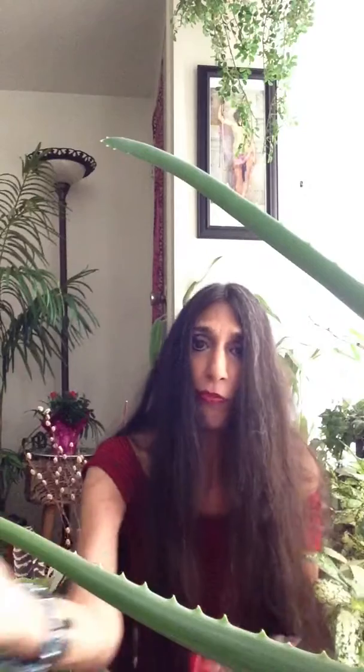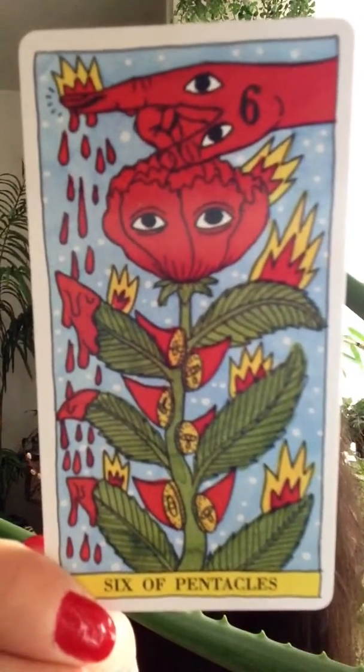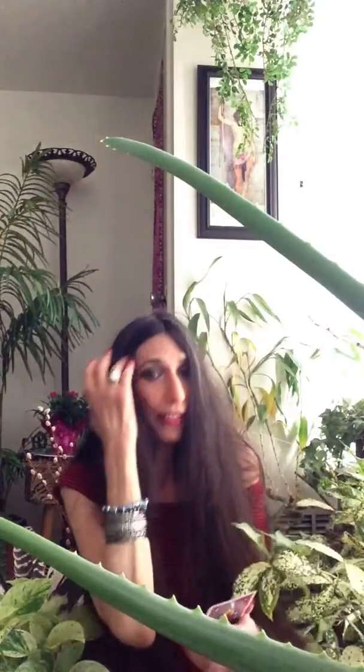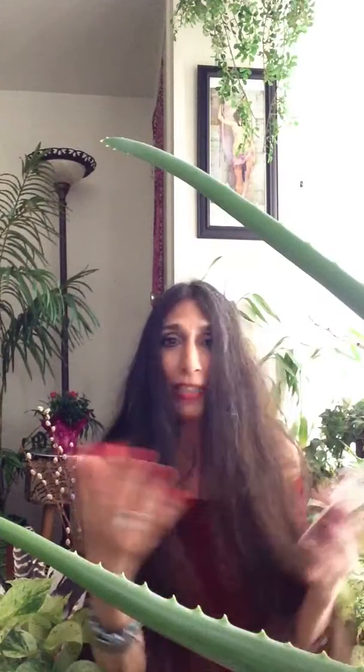Here's the Six of Pentacles. So again, that is different than a traditional deck. Here's the 8. Okay, the 9 of Pentacles is crazy. Now, I like the 9 of Pentacles. It is, according to Ian White, one of my birth cards. And I mean, come on, just look around, right? The lady in her garden. But this one is